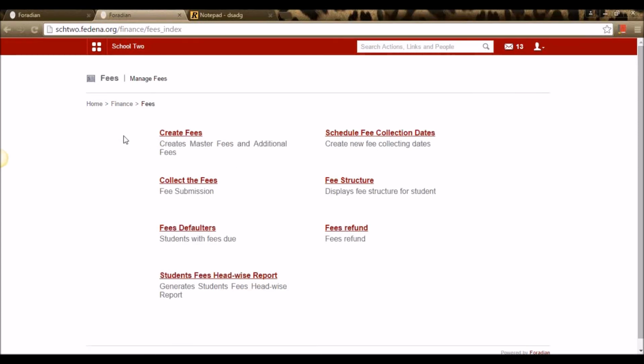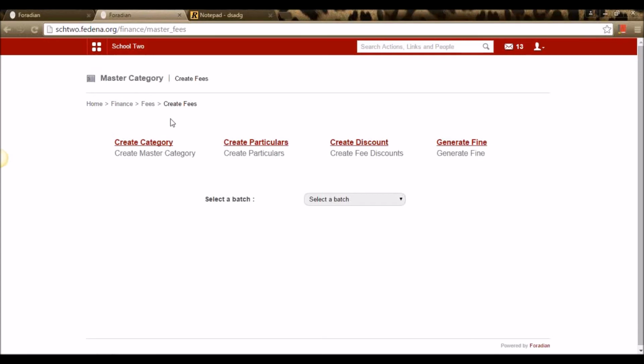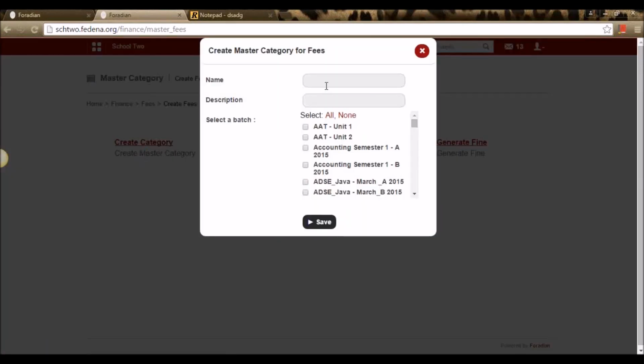For creating a fee, we need to come under the fee category and create fees here. So under the category create fee, we have 4 categories, different categories to create a fee for students. So let's create a fee here. I'm giving the name of the fee category that I want to view. So I'm giving a fee for standard